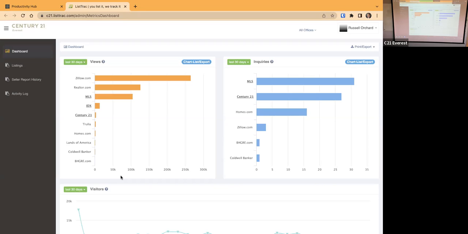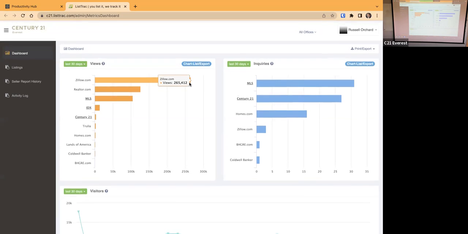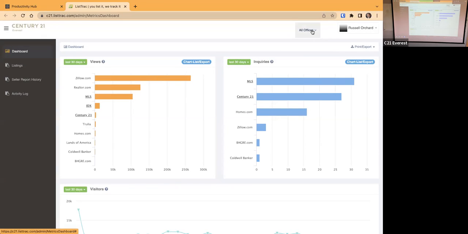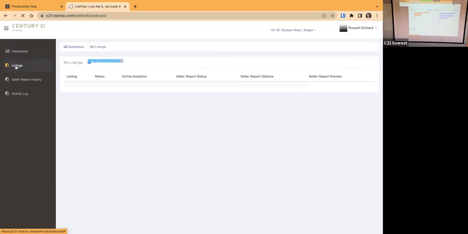Exactly what we need. Yep, this is the dashboard, which is just going to show, and for me, because I'm an administrator, it's showing all offices here. But here are the number of views that we're getting on our properties in the last 30 days. On Zillow in the last 30 days, we've had 265,000 views. This is just overall everything, right? But from here, if I click on listings,